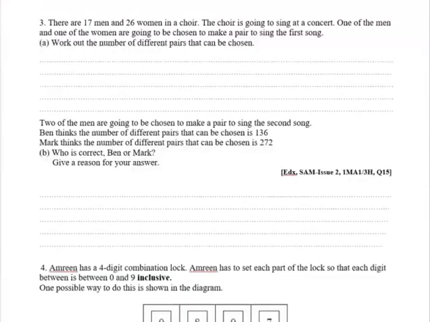Question 3. There are 17 men and 26 women in a choir. The choir is going to sing at a concert. One of the men and one of the women are going to be chosen to make a pair to sing the first song. Work out the number of different pairs that can be chosen. Now here, since we're looking at two distinct groups, men and women, what we're going to do is simply multiply them. So we're going to do 17 multiplied by 26. And that's going to give us